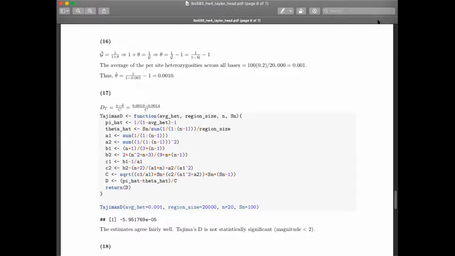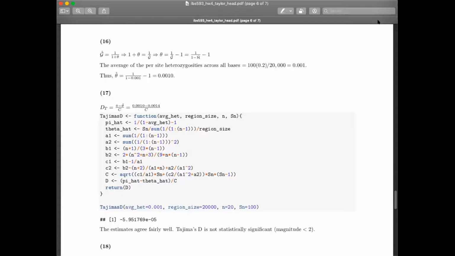If this number looks like -2 or +2, it's probably significant at 0.05, if this is a z-score, and it's kind of close. But in any case, this term on the bottom, this denominator, is supposed to be an estimate of the variance in that difference, and it is. So just because I might have done it right,